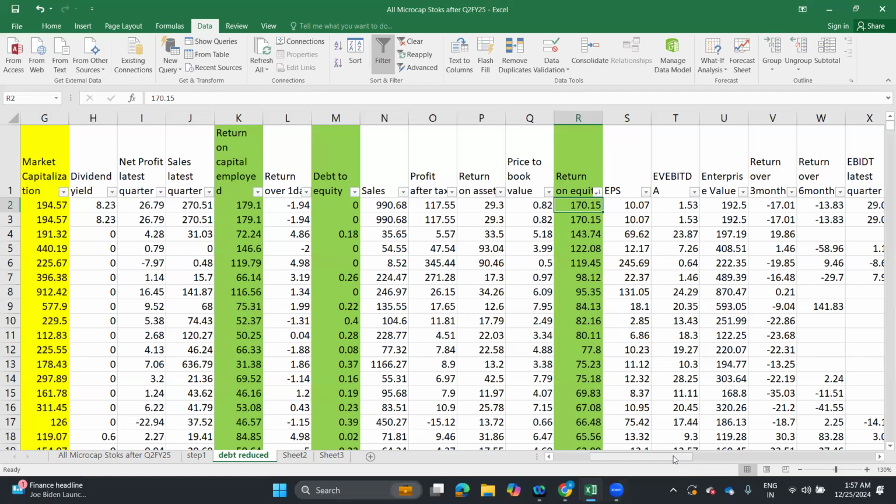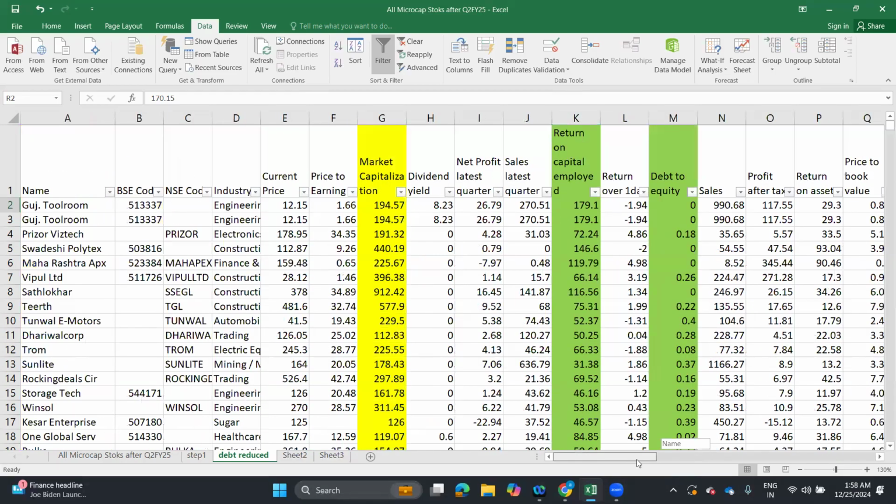So obviously net profit cannot be very big. Else your denominator, that is your net worth, must be very small. So that possibility is very high. That is why this ROE is showing so big, more than 100. So better avoid this